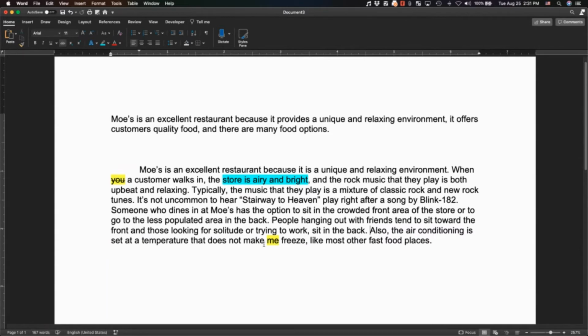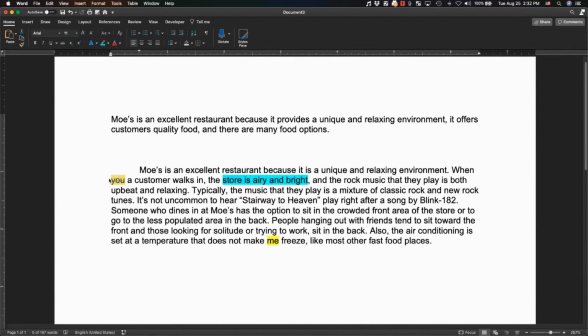The rock music they play is upbeat and relaxing. We talk about the rock music, and then we talk about kind of the physicality of the location. So maybe what I should do is go back and change this, that the store is airy and bright, right? Because we haven't talked about that anywhere in the essay, and we want to be a little bit more clear for the reader, right? We want to make sure that we're only talking about things that help make the point and that we're going to develop. So we could say, let's see,